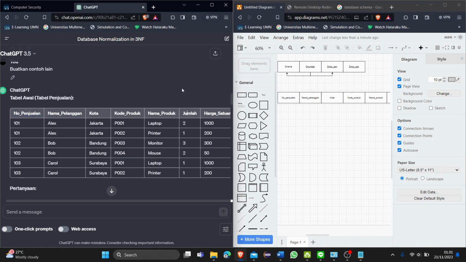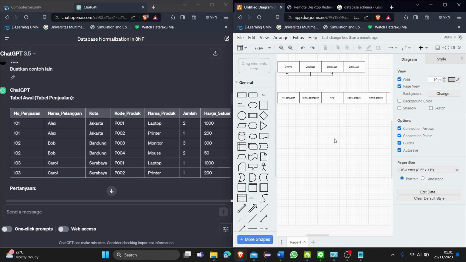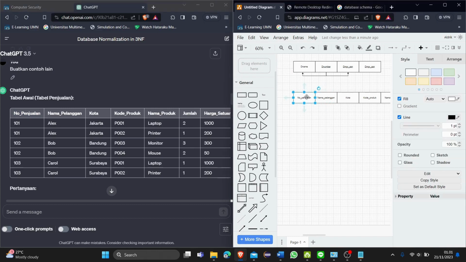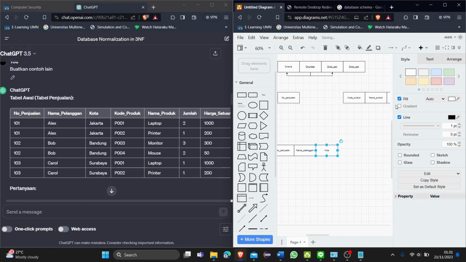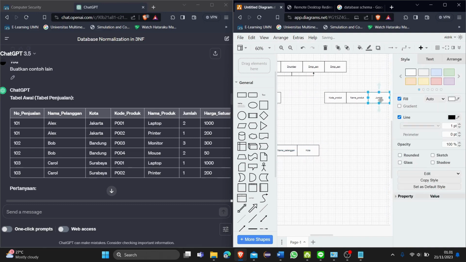It's not dependent on kode produk. So, what we need to do is copy the nomor penjualan and move the partially dependent attributes to another table. Jumlah.